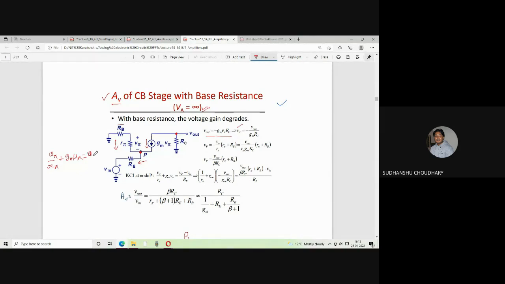Vp minus Vin by Re. Okay. So we can write this. So in fact, this is actually the KCL when you apply KCL at node P. So you get the same relation, which is mentioned over here. Okay. So from this, one can further transform this into this by knowing that V pi is this much. Okay. So here we have V pi, so V pi can be put this much.